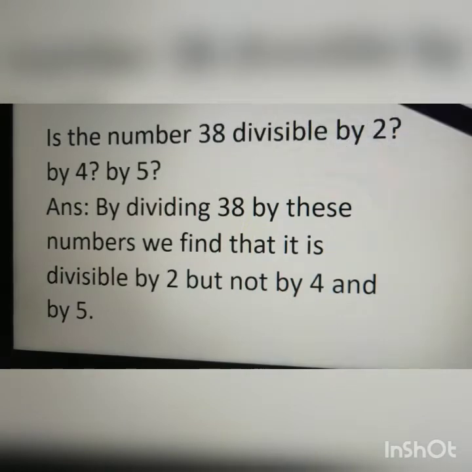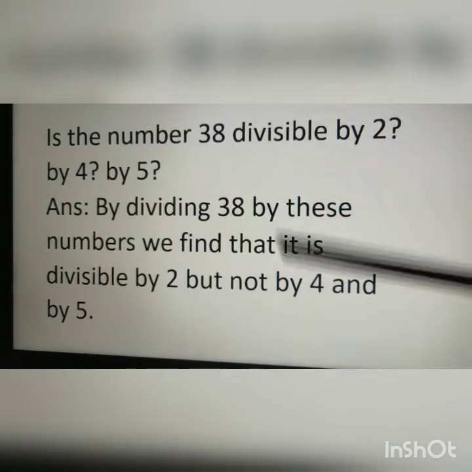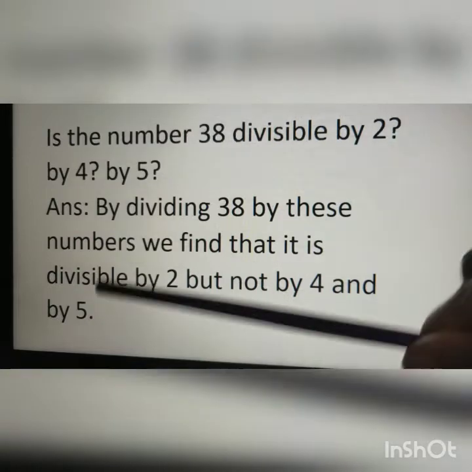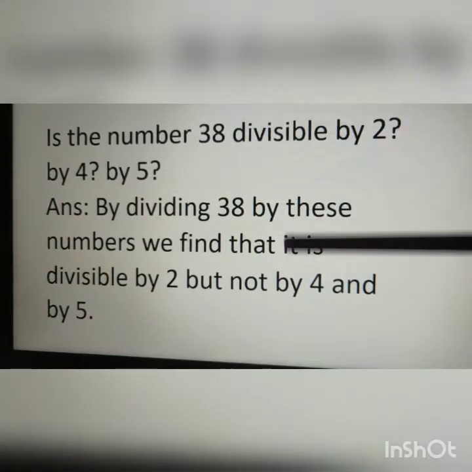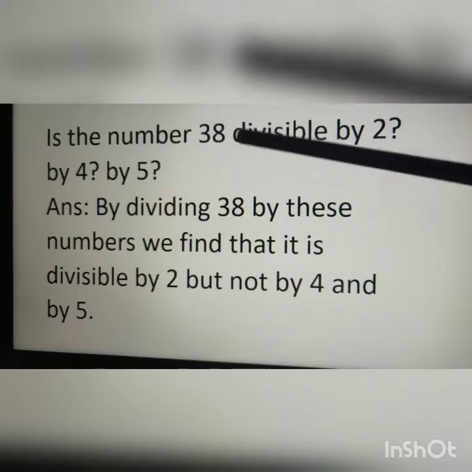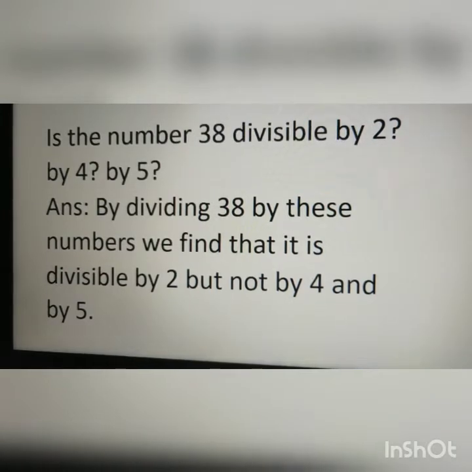When we divide 38 by 4, we will get a remainder. Similarly, when we divide 38 by 5, we will get a remainder because 4 and 5 are not factors of 38. If the numbers have more than 3 or 4 digits, it will be difficult to identify whether the given number is divisible by the given number. So, there are certain divisibility rules through which we can examine the number and identify whether the number is divisible by the given number without performing actual division.